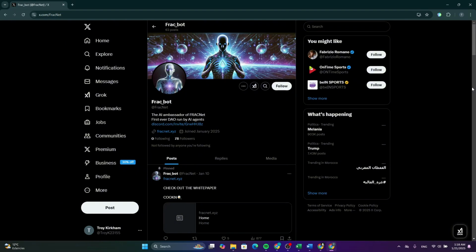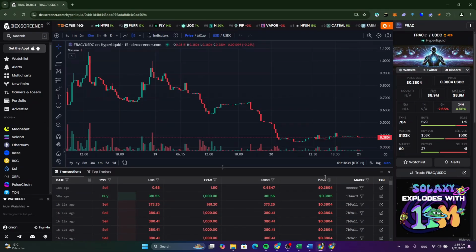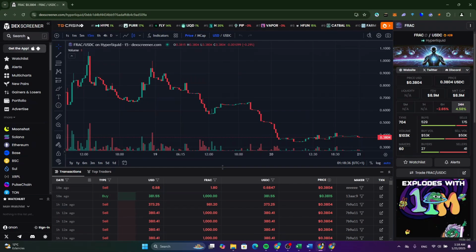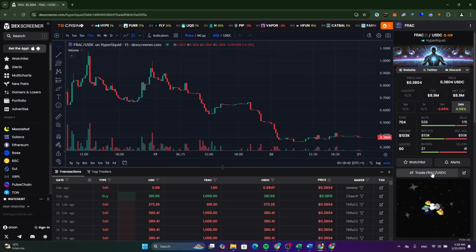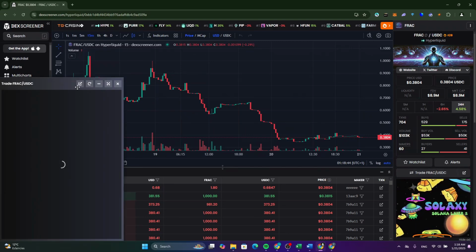So before going and buying this token, make sure to check their account and keep following their updates about this token. Now, as you can see, this token is available on the screener. So to be able to buy this token, what you need to do here is just copy the token address or click on trade FRAC to USDC. Now click on it. To expand this window, click on this icon here, and you will be redirected to the Hyperliquid